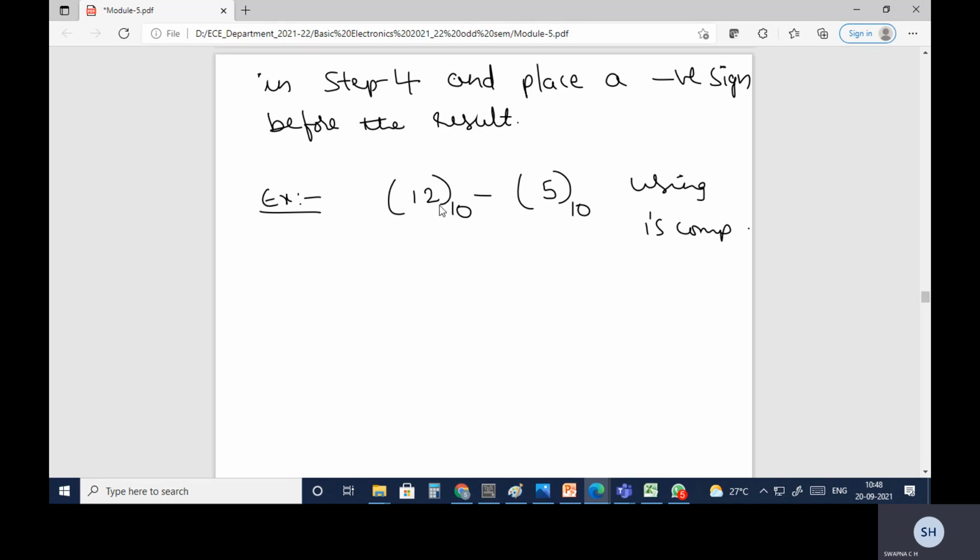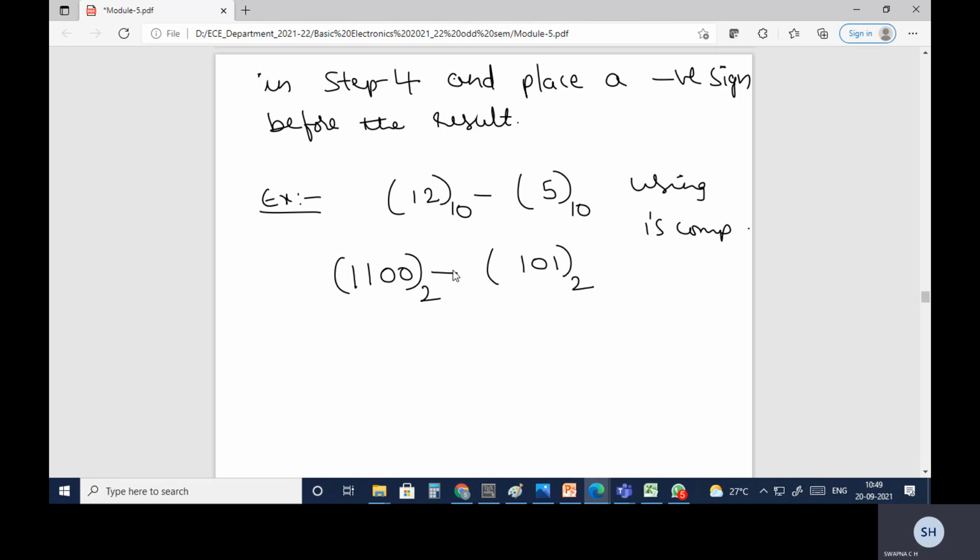So according to the first step, you need to convert it to binary form. 12 in binary is 1100 base 2, minus 5, which is 101 base 2.